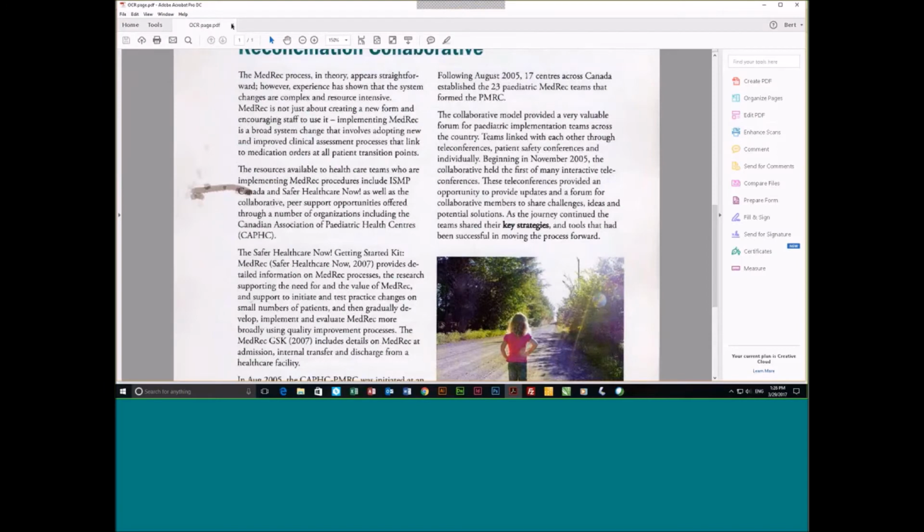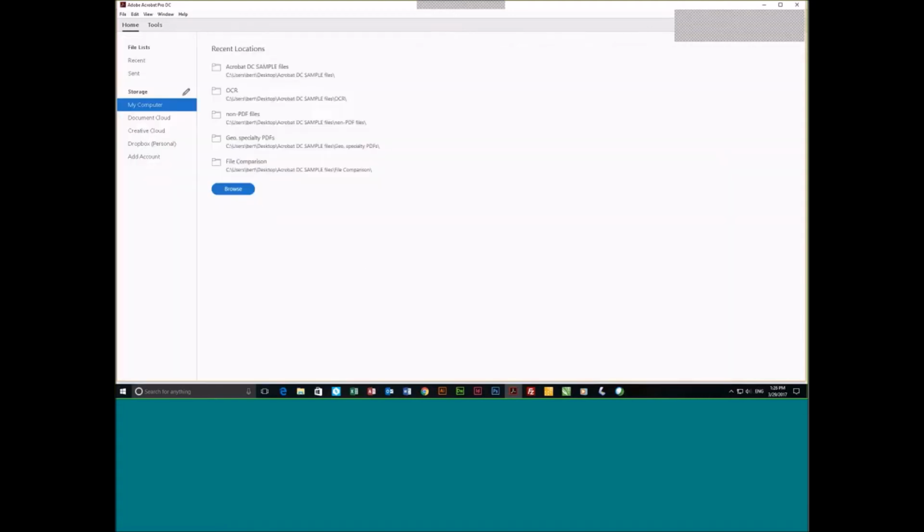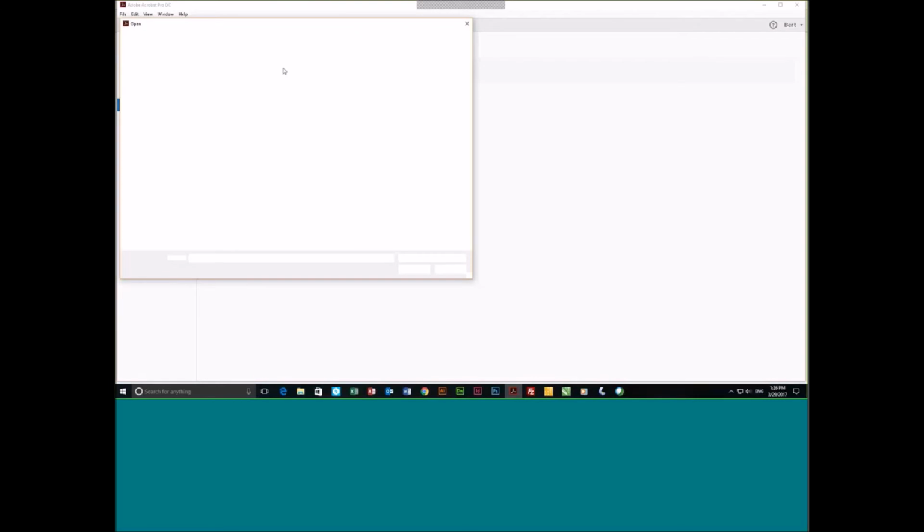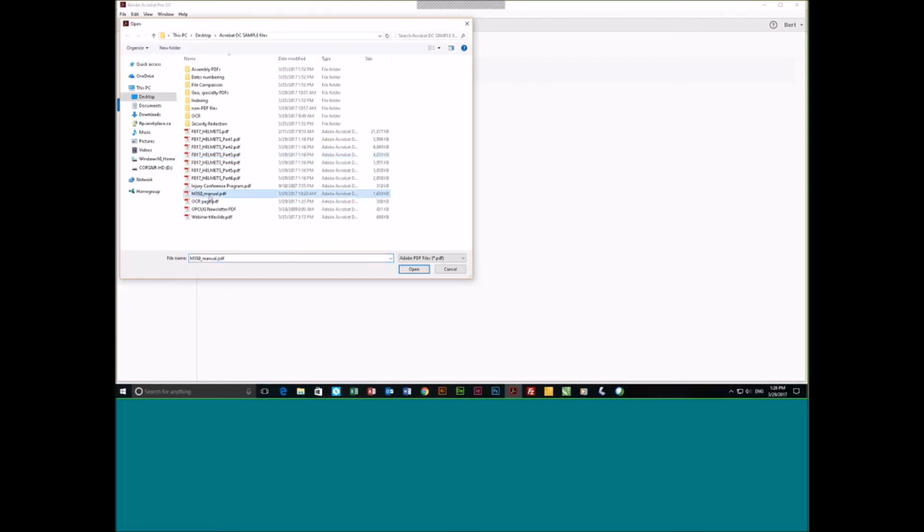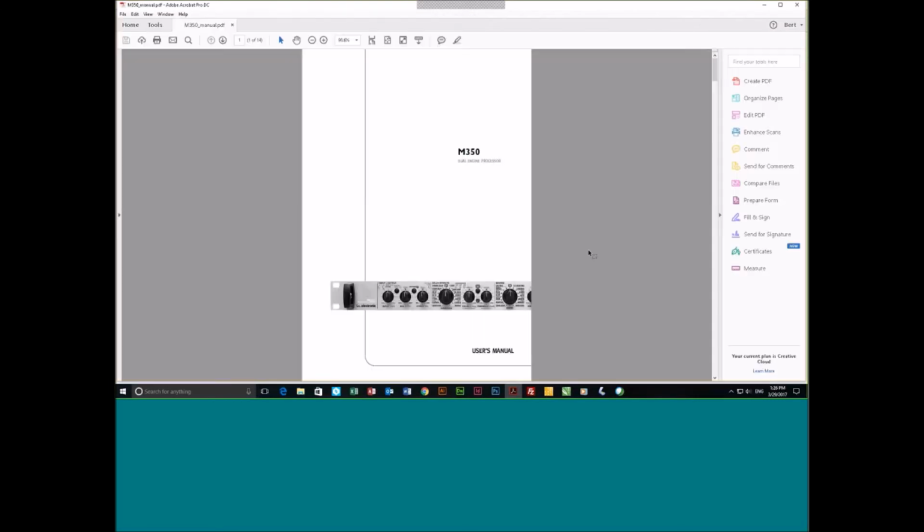And I'm going to close this document and open another one for us. And again, I'm working off my local computer now, so I'm going to open up a document for a little manual. And here it is. It's for a piece of sound equipment. And so this is a document, and one of the other new features that is, again, more communication-centric for Acrobat